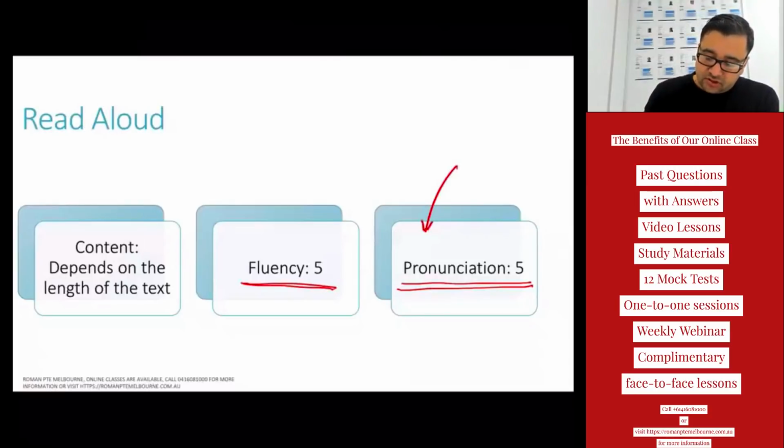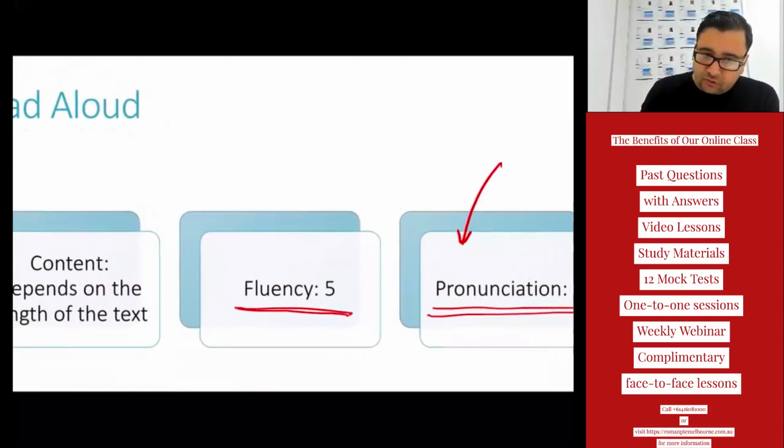Now, in pronunciation, what are the factors they look into? The first thing is they compare your pronunciation with the pronunciation of the native speaker, which means they're trying to find out how well you can say a word in English and how clear it is. There are many technical aspects of this, and I'll not get into them, but there are a few things to keep in mind when you are doing read aloud, especially if you think that you are losing a score in pronunciation. The first thing is, whenever you are speaking,